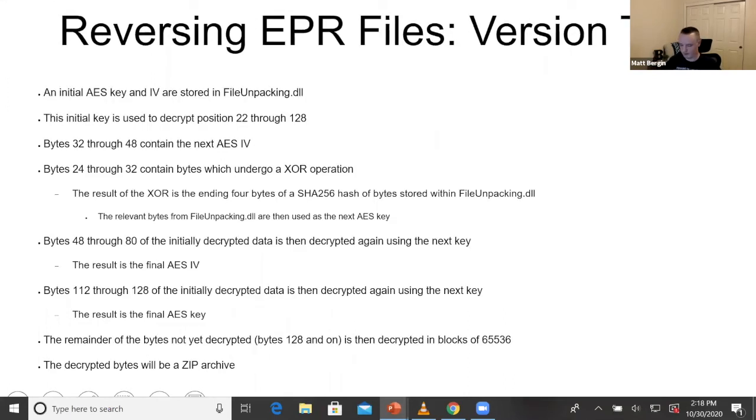Version 2 was a nice increase in complexity, and they changed up how the decryption process worked a little bit. Still happened in memory, still a process that they implemented, not a standard library, but it's still just AES 256 CBC, just something that they had written. The initial AES key and IV were hard-coded into a DLL, but this time you use that hard-coded key material